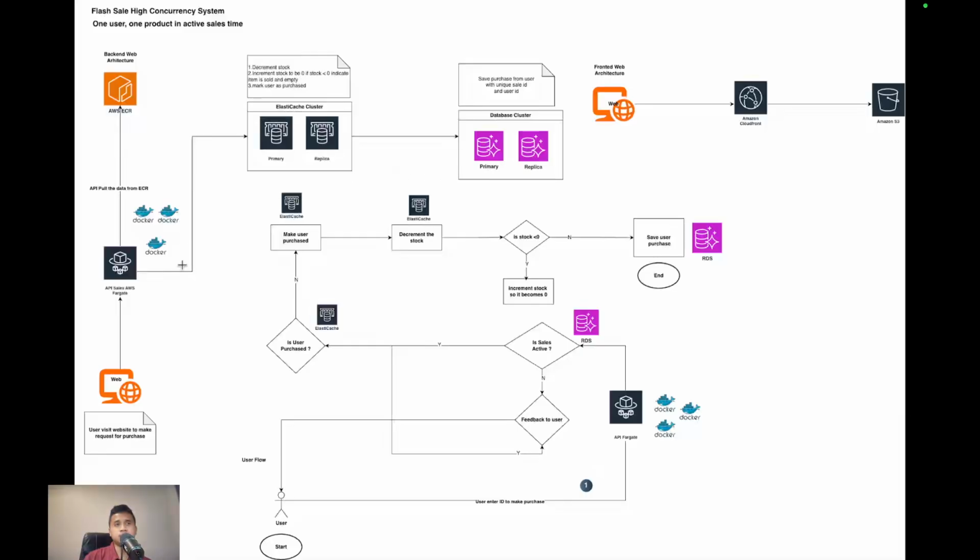That's why I have the approach of using the Elasticsearch cluster here, because it's lightweight, it's in memory, and it supports the atomic decrement operation from Redis.